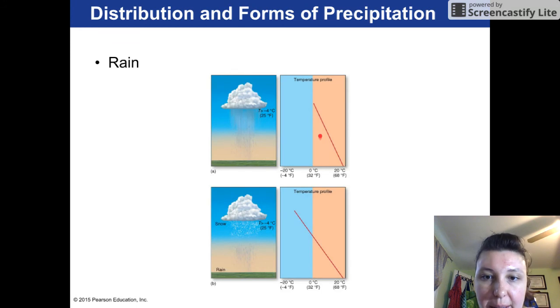Rain, this is the examples. I can see that when I come out of the base of the cloud, so the lifting condensation level, the LCL, the base of the cloud, I am warmer than freezing, because I see in this example, they have my base of the cloud being -4 degrees Celsius, but my atmosphere is warmer than that, so I'm coming out in a form that is actually liquid, and I am